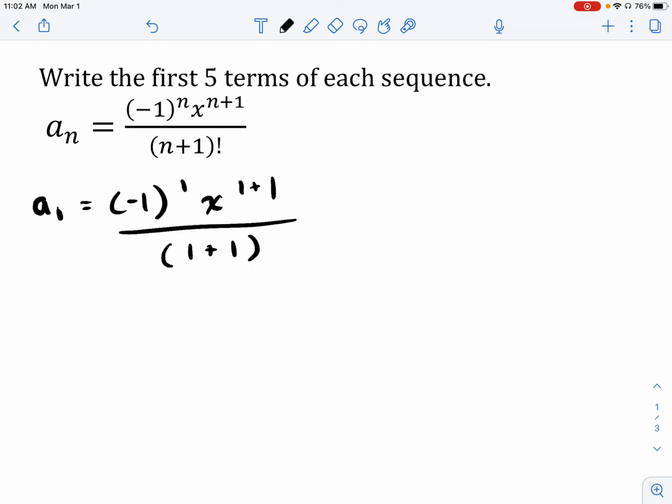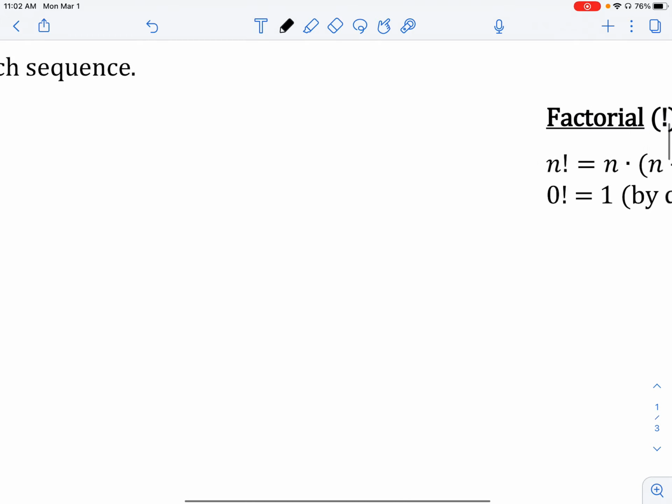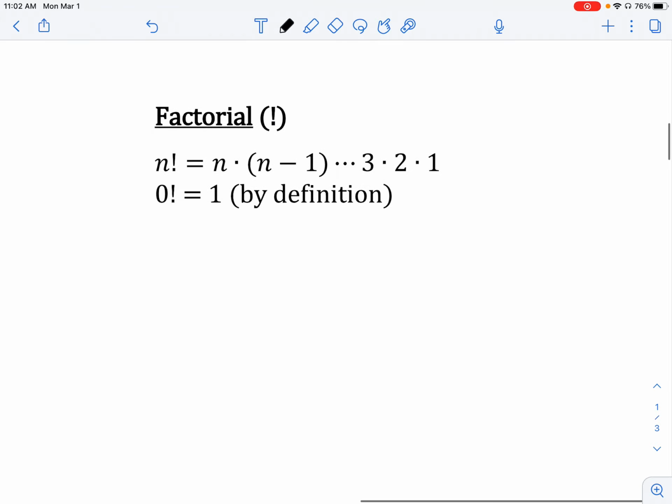And this is our first time seeing something like this, factorial, right? So that exclamation point doesn't mean you're just yelling the number. It means it's a factorial. And so the way a factorial works, and let me just quickly move over here and we'll come back to that problem, a factorial is the idea that we are multiplying that number by all of its